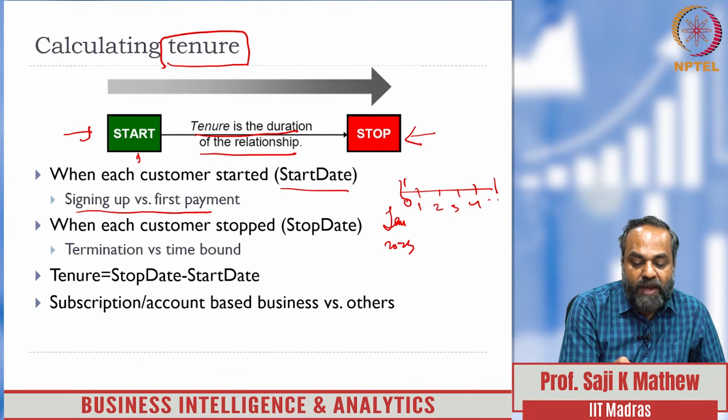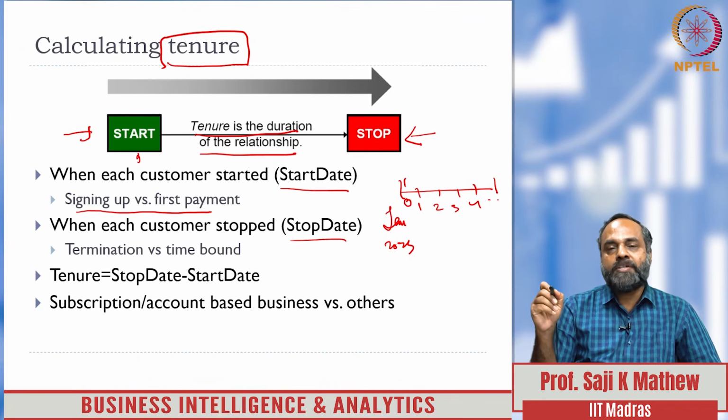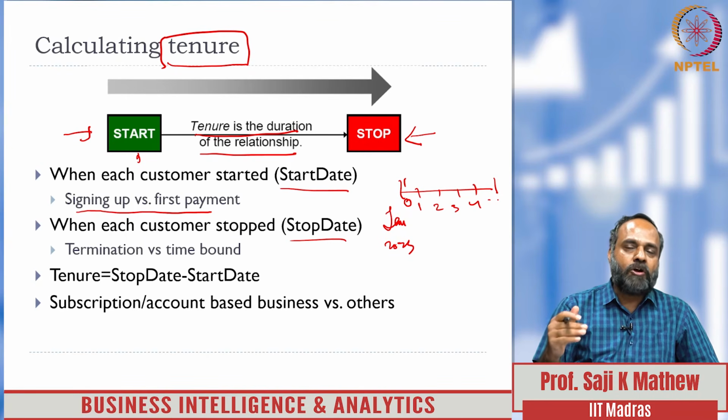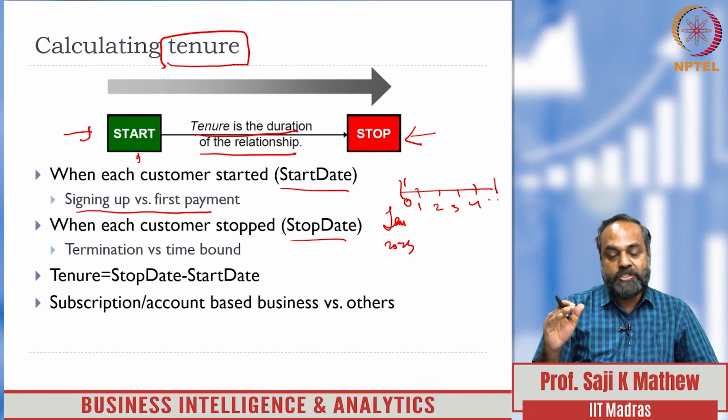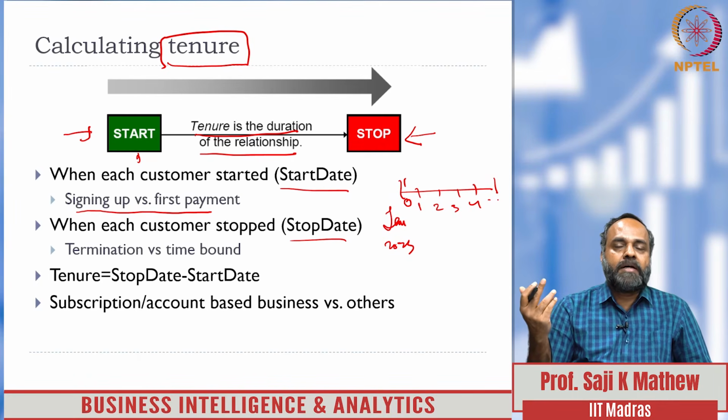Then the other is when each customer stopped, there is a stop time. So there are two possibilities. For example, a customer had a 2-year contract with your company, and at the end of 2 years the customer did not renew the contract. It is a stop: after 2 years the customer stopped being a customer. It is very clear. But it is also possible that the customer did not make payments on time, and